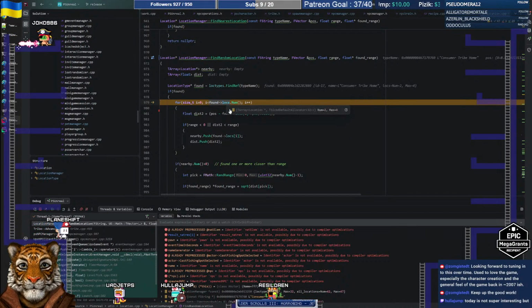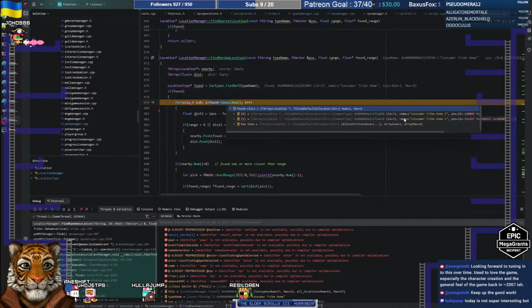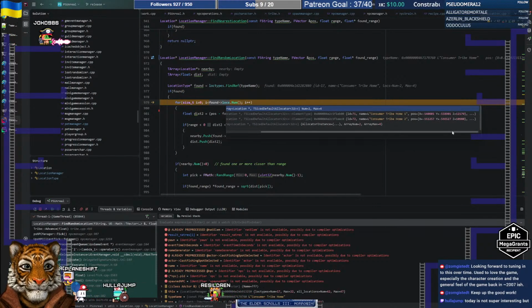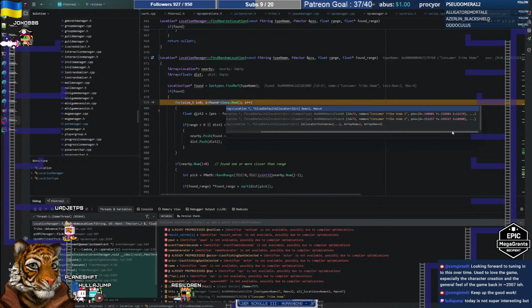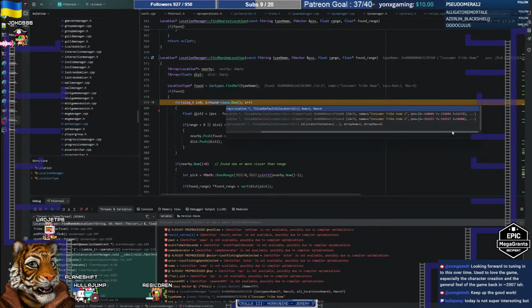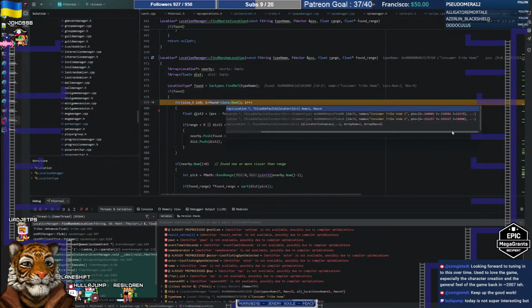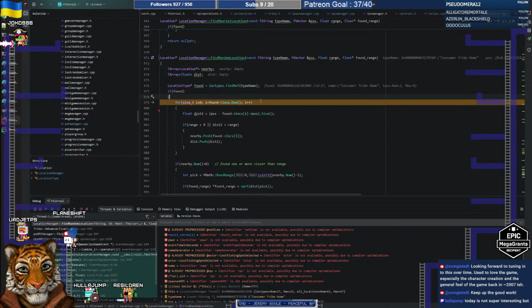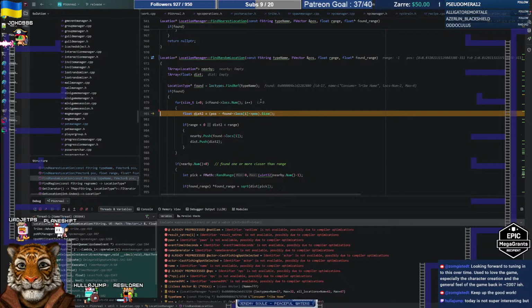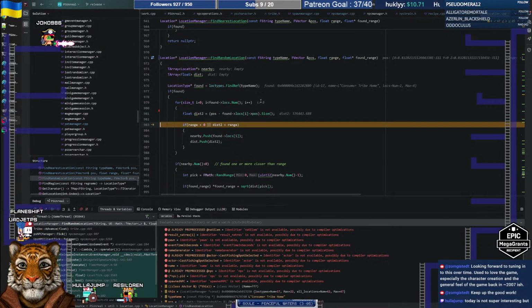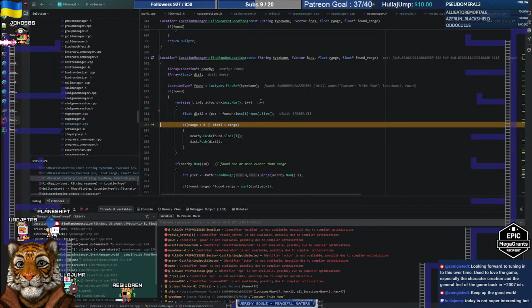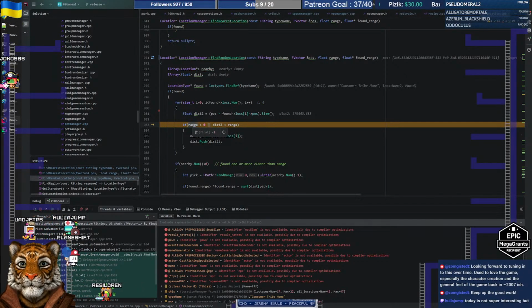Okay, let's see if these locations, yep, we have 2 locations actually, which is very nice. And we want the second one, right? We want the second one. So we are doing a kind of a distance check, but range